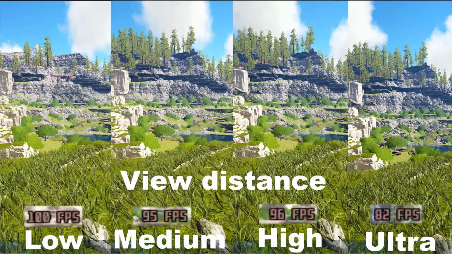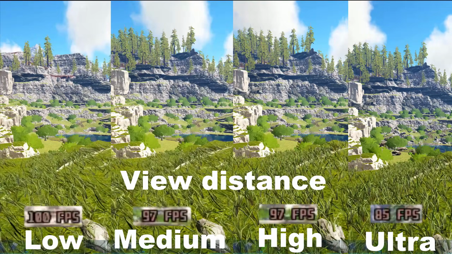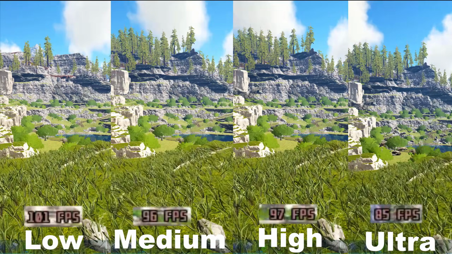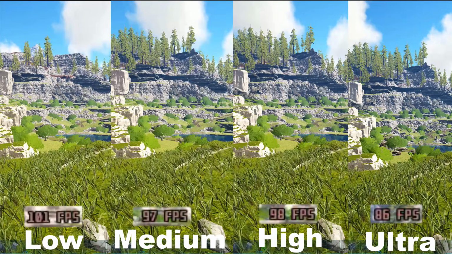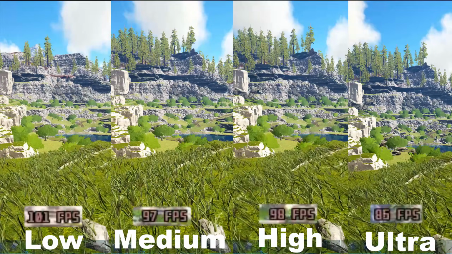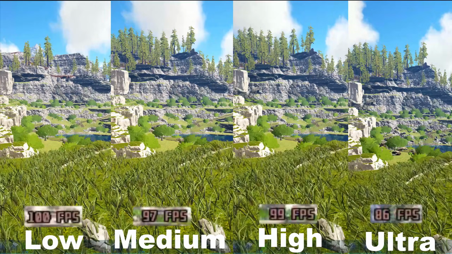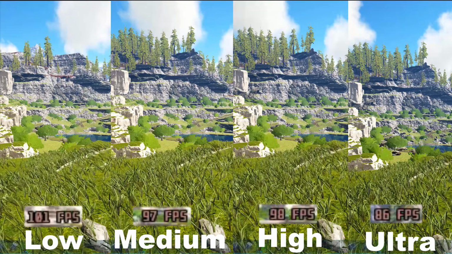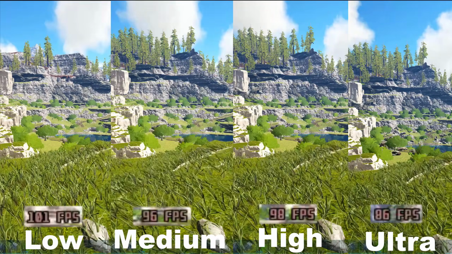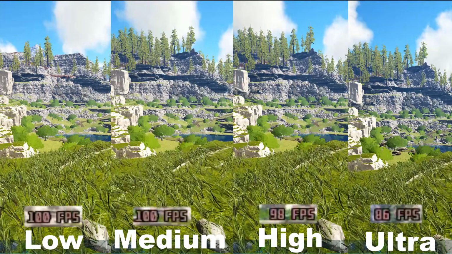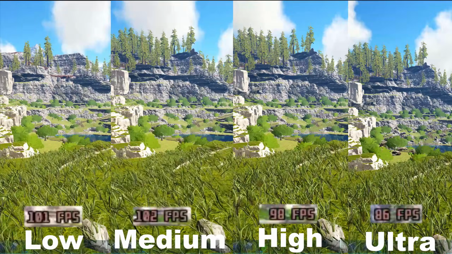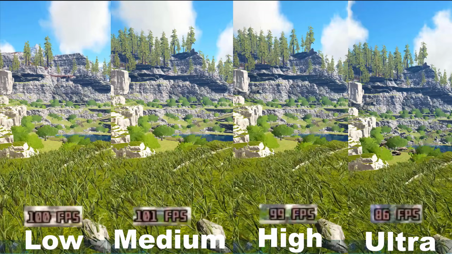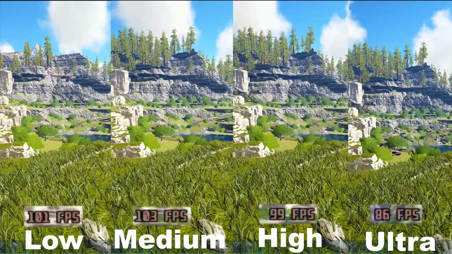The next setting we're taking a look at is the view distance, so how far you can see, how far different trees, stones and such will render in. As you can see, there is a big difference between low and medium in terms of how many of the trees render in on the hill. But from medium to ultra, I can't see any difference. There might be a difference if you're flying really high into the air, but in my testing I couldn't find any. So what I would recommend is probably to use medium, because you get a bit more FPS than ultra, but you also still have the same range, at least when you're just running around.